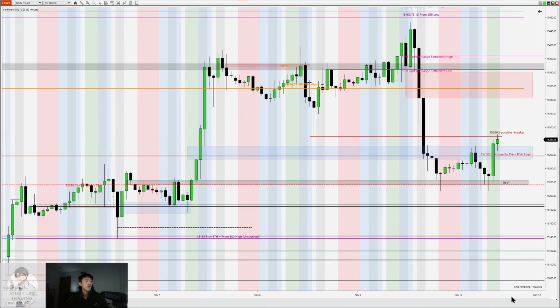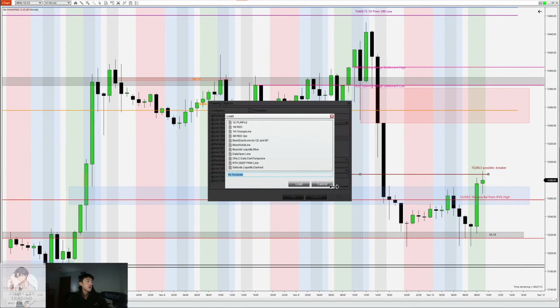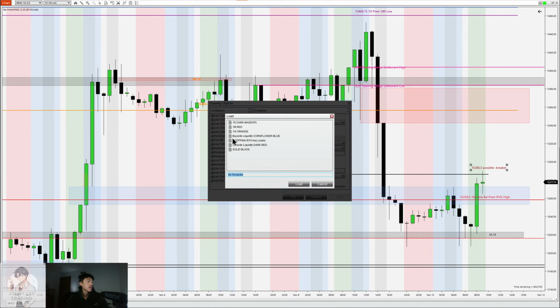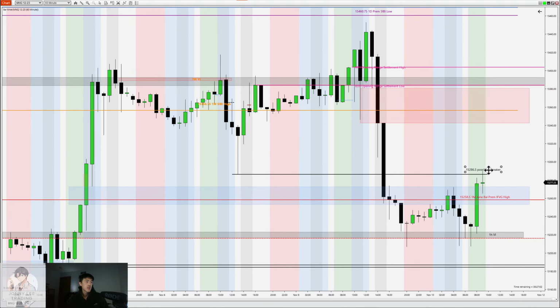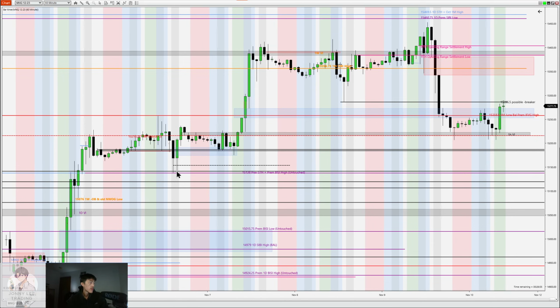So we're looking to see if this can be treated as a bearish breaker. Let me set this as a solid black line so I can see this now. And where else on the hourly might we look towards? Well, we have this area here. We can get rid of this here, no need. We have some old new week opening gap low here.